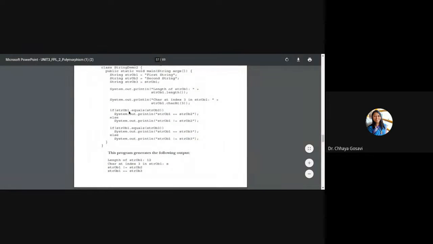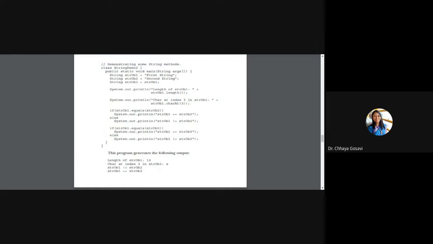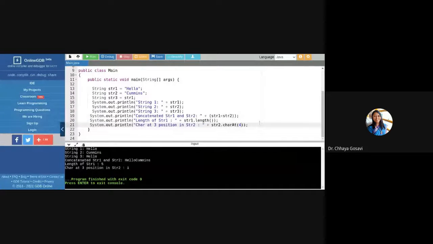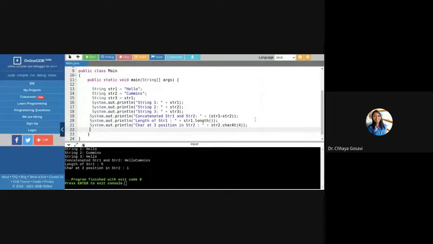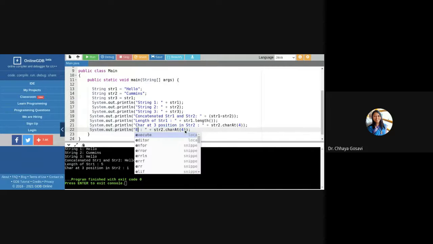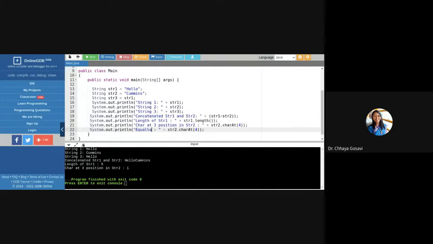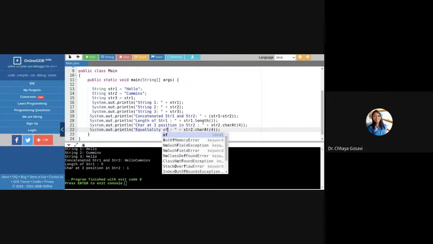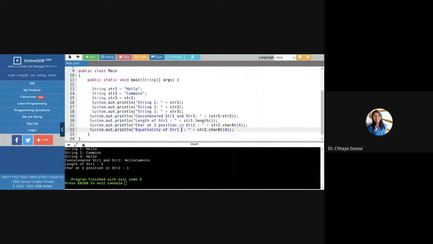The next operation is to check equality. We have to check whether these two strings are equal. That you can do with equals. Here is a program to find out whether these two strings are equal or not. First we'll check the equality of str1 and str2.